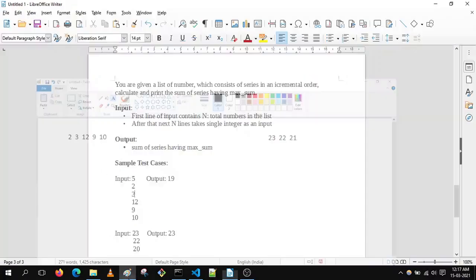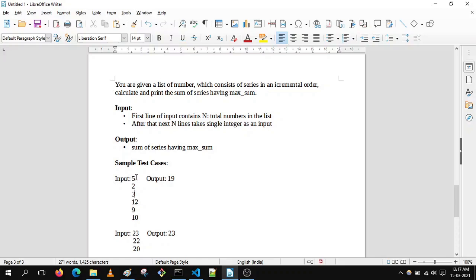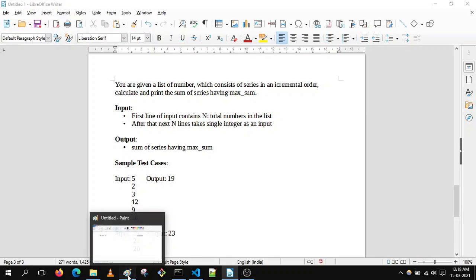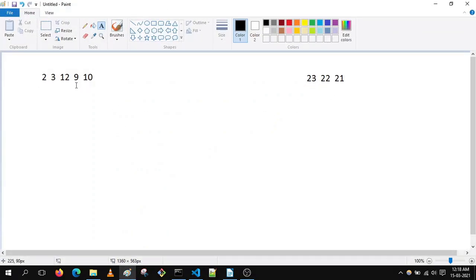In the first sample test case they have given 5 as the total number of elements, so there are 5 elements in the series. We have 2 here, after that 3, so it is in incremental order.